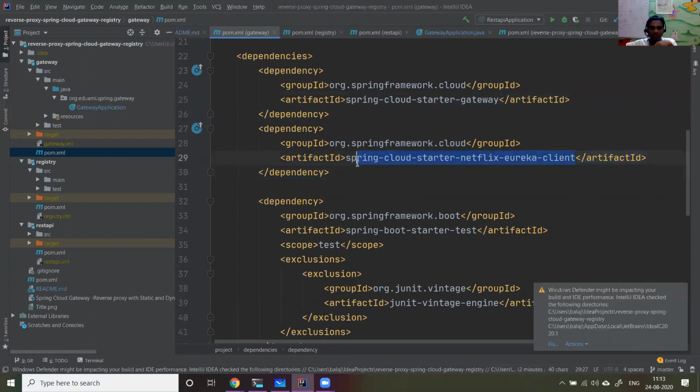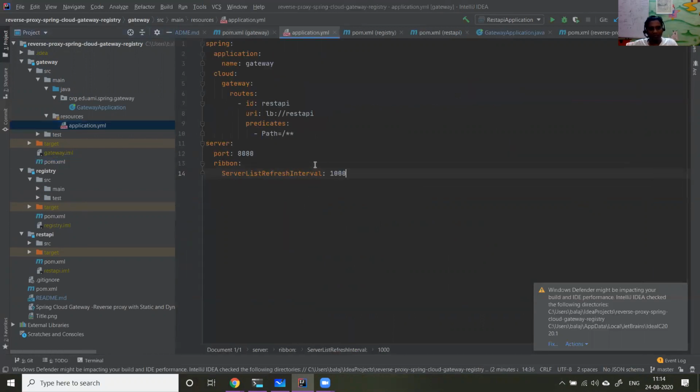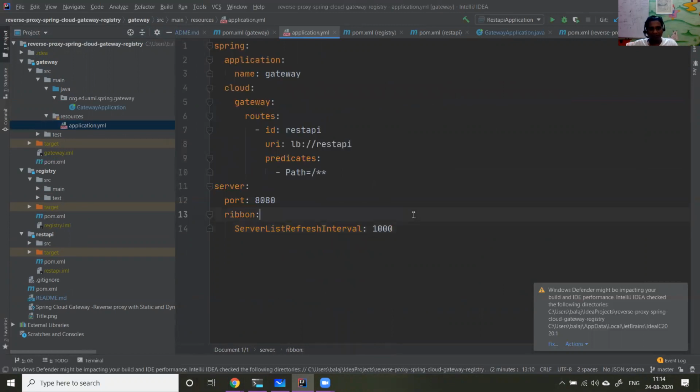It registers with the Eureka server and gets the healthy Tomcats information, everything. That magic happens here. One more thing, pay attention to this. This is where you need to understand.